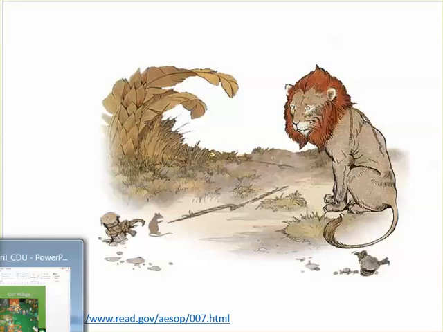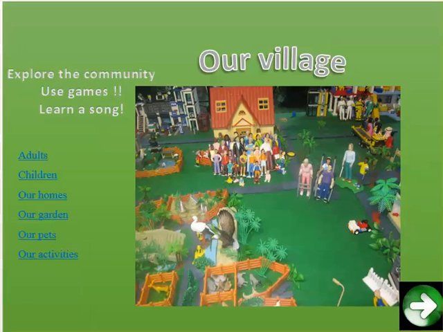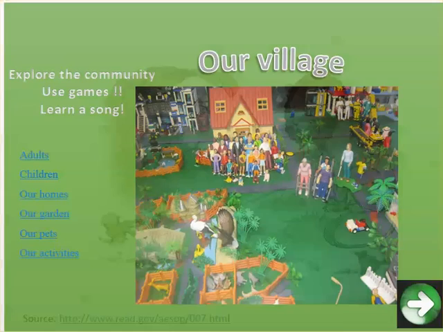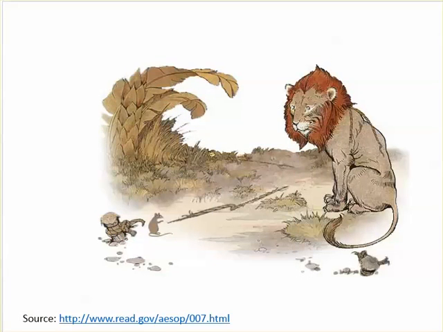Now, it is not necessary that the unit of work has to look like this, because you could have easily taken on this concept of the village, and then children could have explored the materials in the village, and you would prepare, and children could create stories about their own village. But now what I ask myself and I ask our students, because typically what I get from different schools